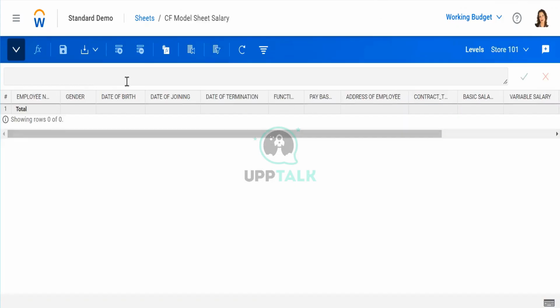Similarly, we will create a similar sheet in my demo tenant and quickly create sample data. We can import at least 50 employees' data, or at least 5 employees, so that you can understand how you can manually upload the data and how you can do it by an integration import way.